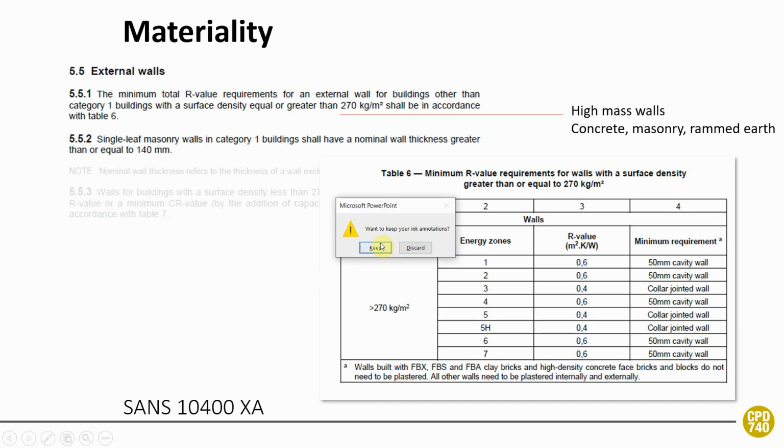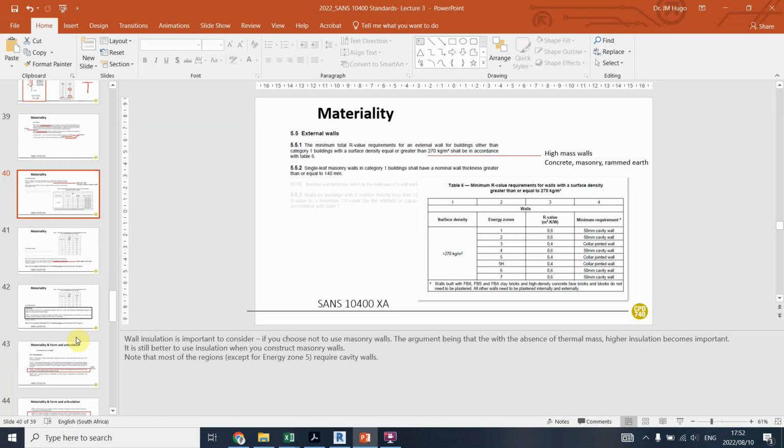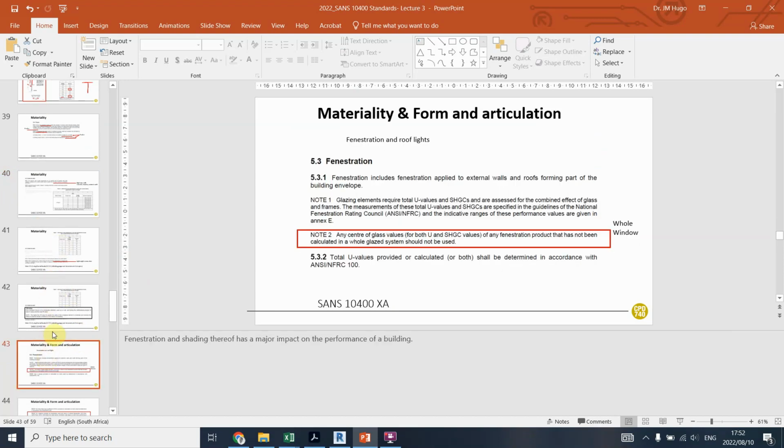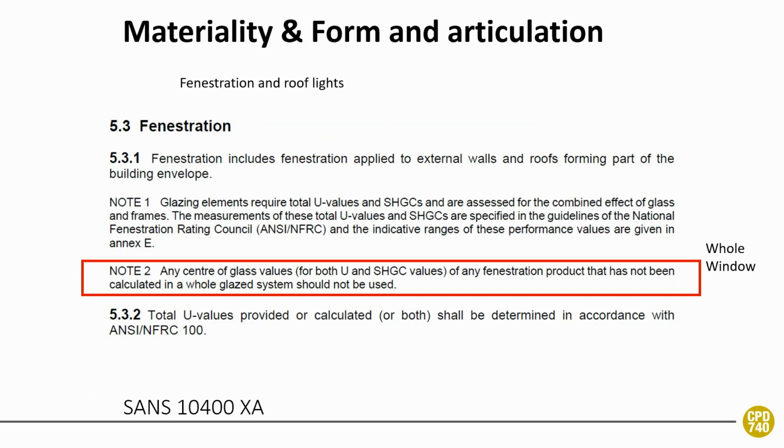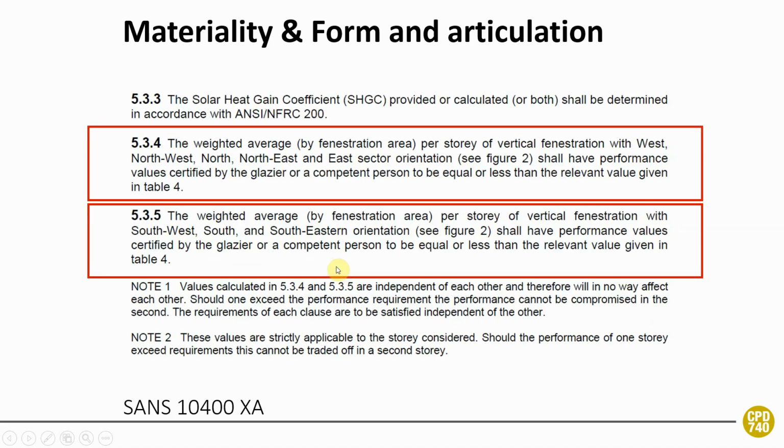So I'm just exiting here and scrolling down quickly to fenestration so we can get there. Okay, so we said fenestration, you need to consider the whole window, including both the window frame and the glazing. Everything gets included in the end, not only the glazing, which means the window could also be slightly larger. And then I said in the lecture that it's really important to understand that you're not looking at individual windows anymore, but you're considering it per floor, per story,